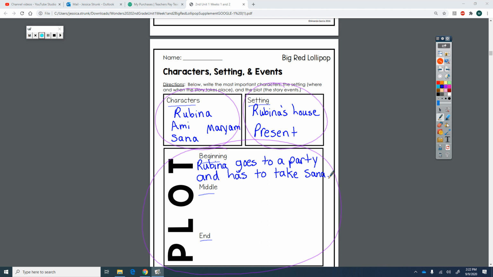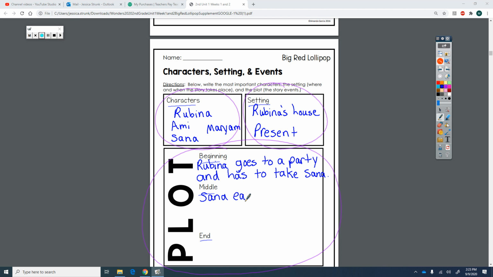Alright, so let's think about the middle of the story. What kind of important stuff happened after they went to this party? Oh yeah, I remember something important happened because of what they got at the party. What important thing happened in the middle? Yeah, they get treat bags at the party, and Sana eats her sister's lollipop. Very good. That's probably why the story's even named The Big Red Lollipop, because it kind of has to do with the whole story. So yeah, we're going to say